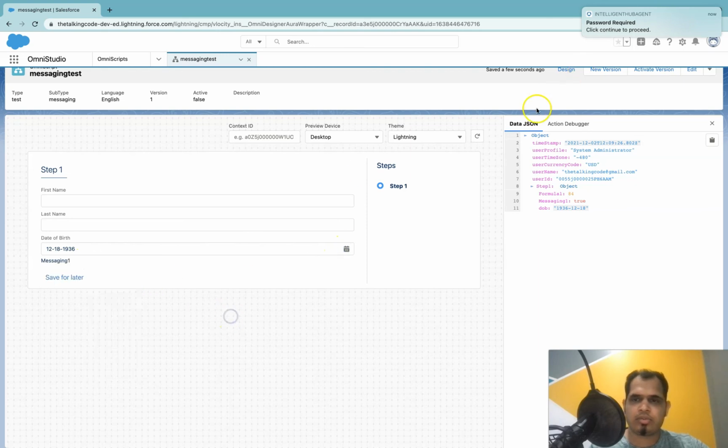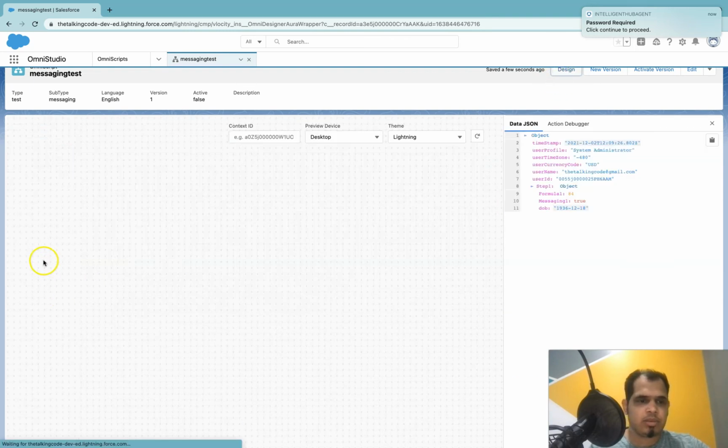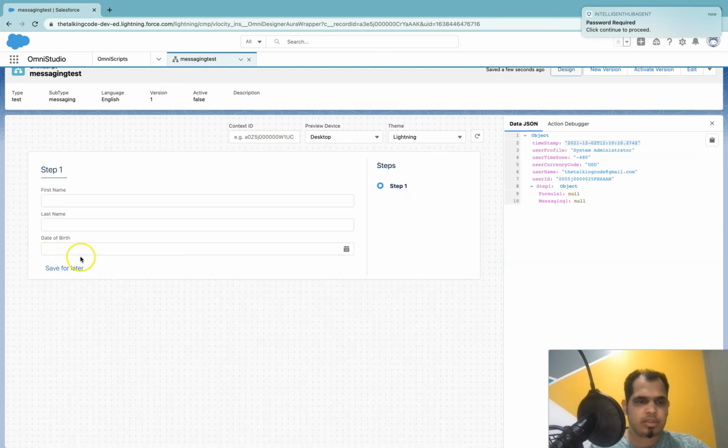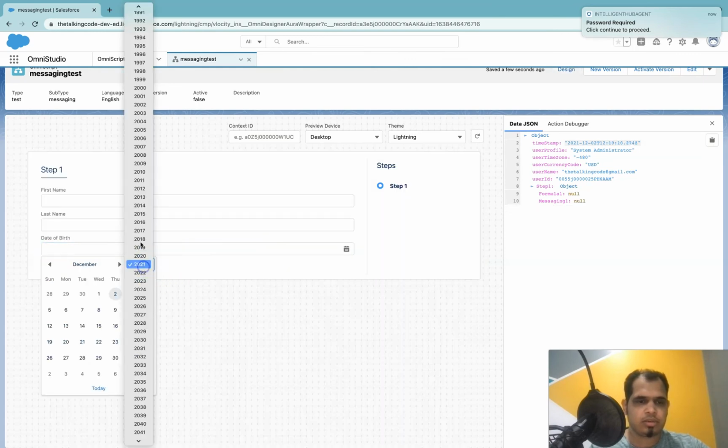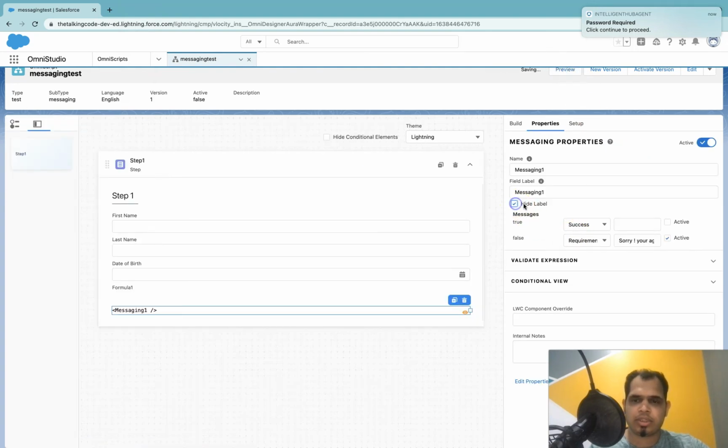And let's do one more thing, just to show you how it works on the true side. If you see, this label is appearing here, this message one. We do not want it, so we can check this checkbox. Let's say we want to display some message even if this condition is true.